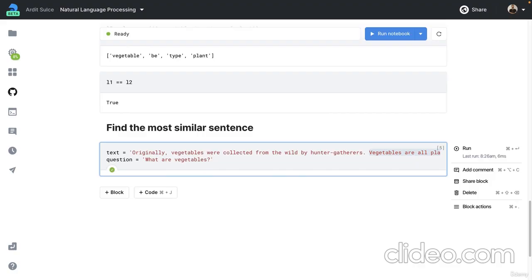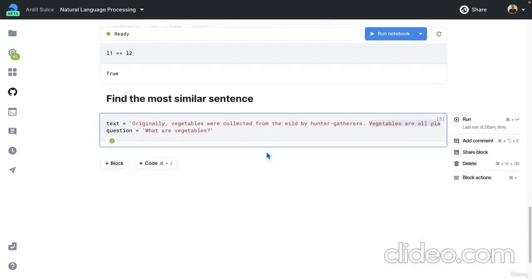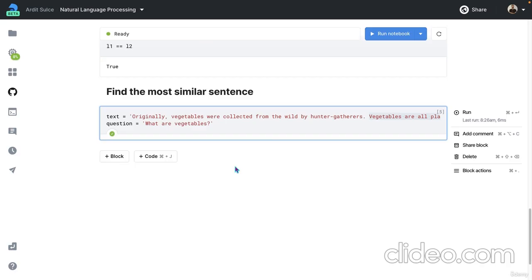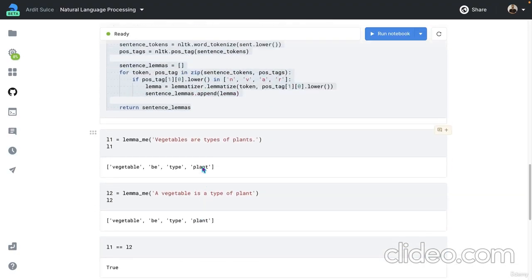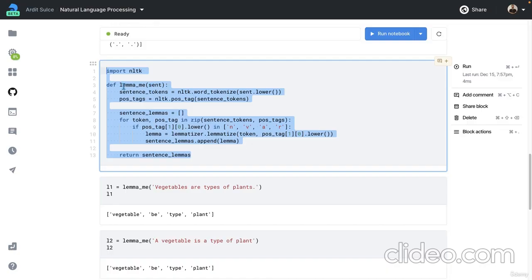For this we will use NLTK, the library we have been using. So we will reuse some of the code of that NLTK library, the code that we wrote previously, and then we will use scikit-learn, which is a library that allows us to do this matching of the best sentence given another sentence. So let's first see what code we need from the NLTK library. We actually need this Lemma function in here, which, just to remind you, what this does is it gets one sentence as input and it